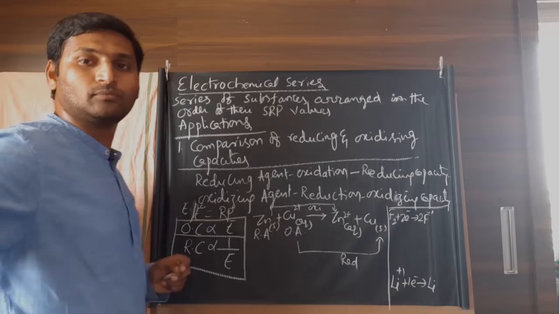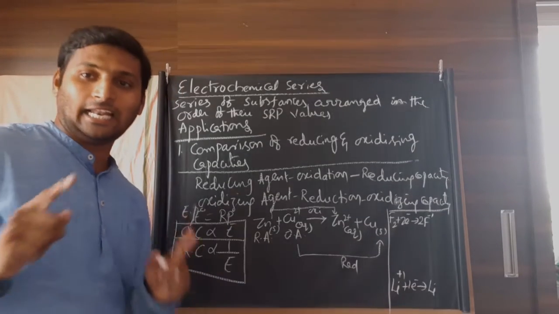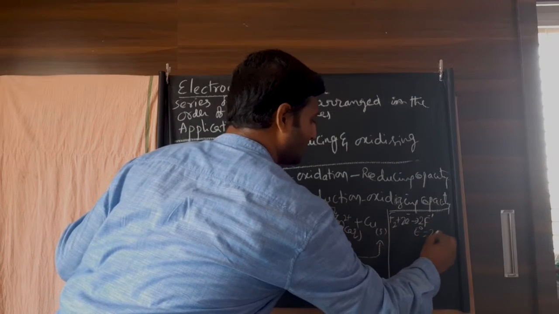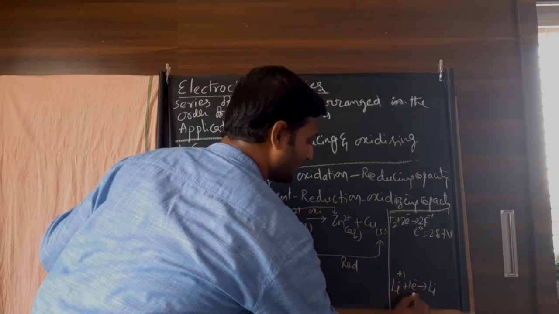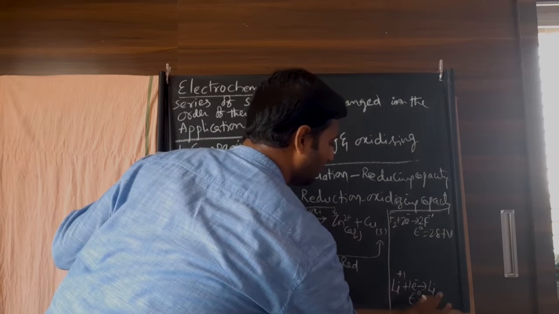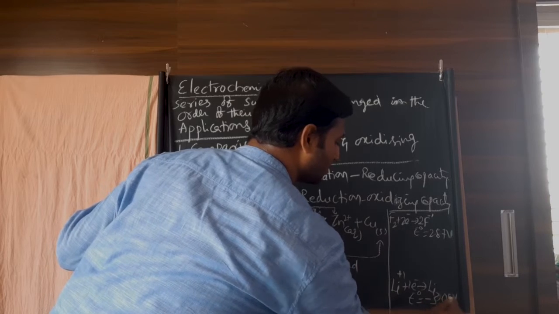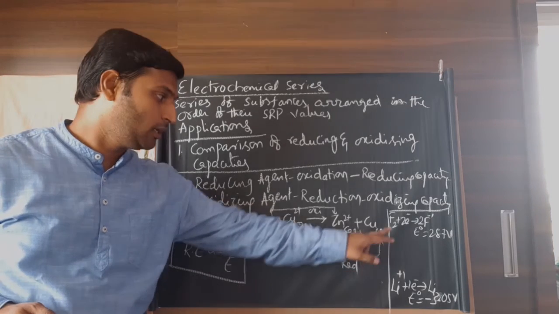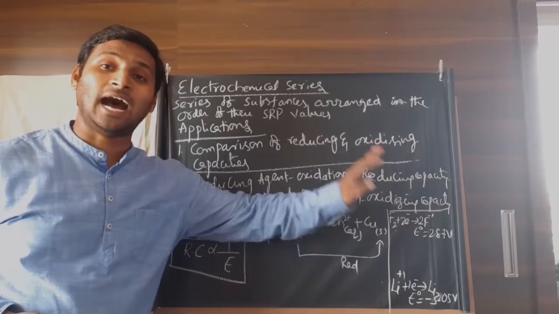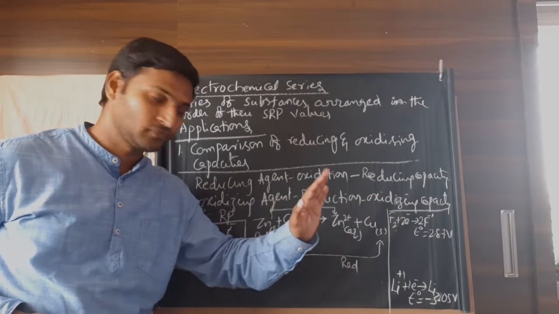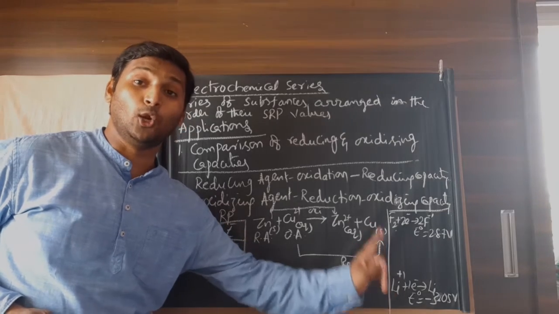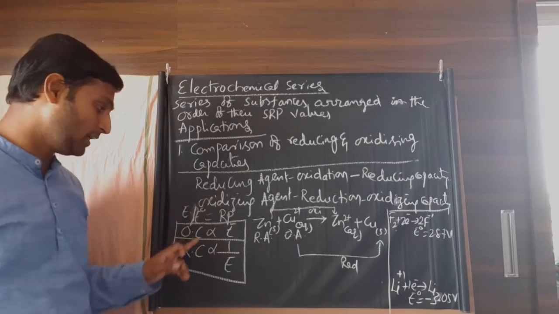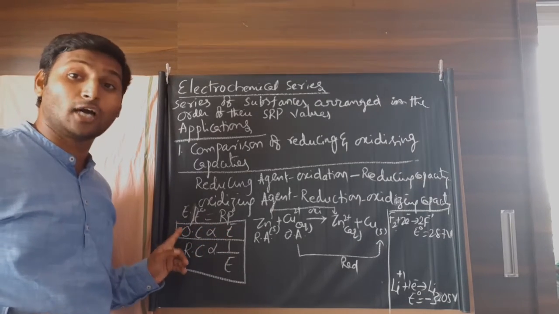Okay. Now, in the electrochemical series, you can notice that for this one, you will see the standard electrode potential as 2.87 volts, and for this one, you will see the standard electrode potential as minus 3.05 volts. Now, in the decreasing order of electrode potential values, fluorine is the substance with the highest electrode potential ever, and lithium is the substance with the lowest electrode potential ever. Which clearly indicates, just now we understood, higher the electrode potential, greater the oxidizing capacity.